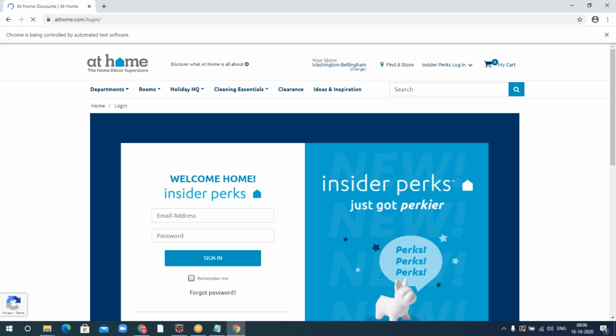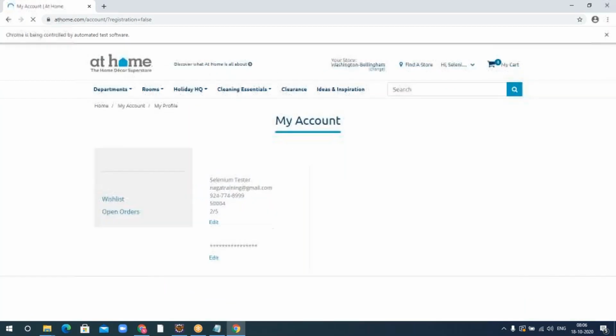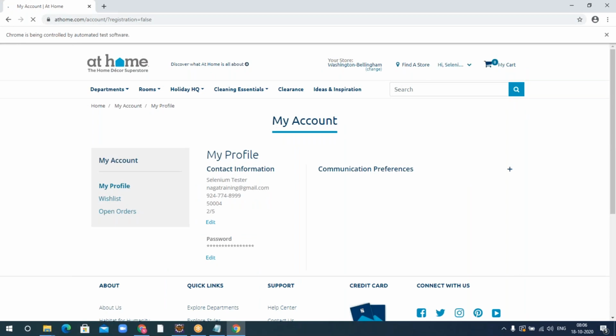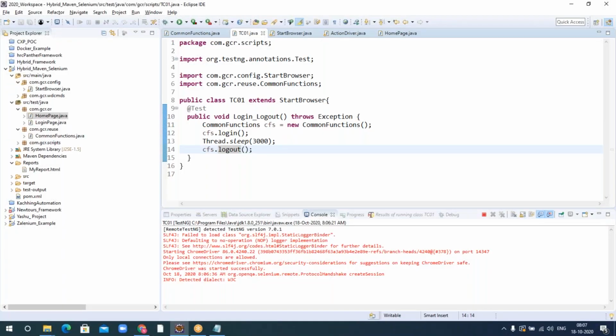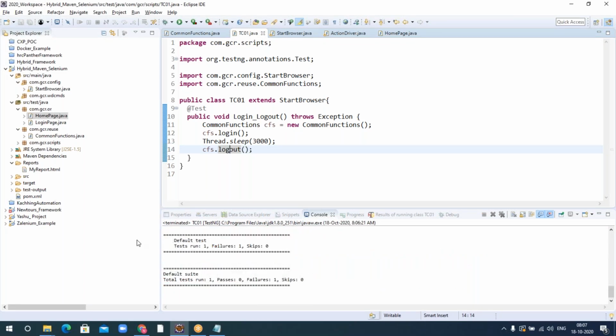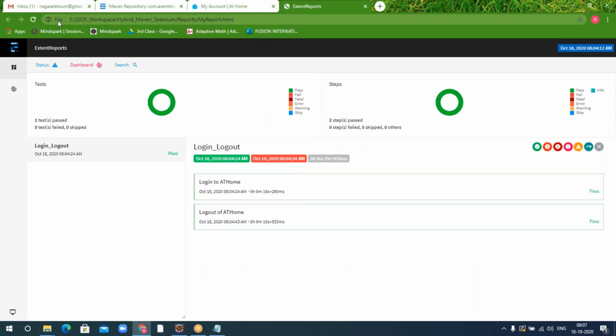So by default, it will just log into the application, and it will do a mouse over as well. But the only thing is it cannot log out because of the wrong locator. So we are expecting to have a screenshot of that and the information of why it failed. Okay, there is a failure. Now let's see the report.